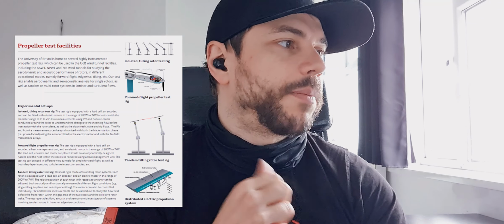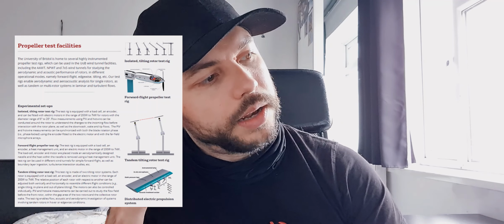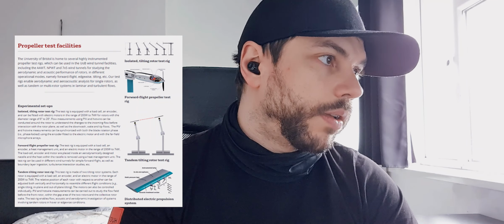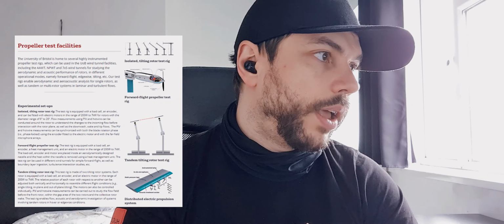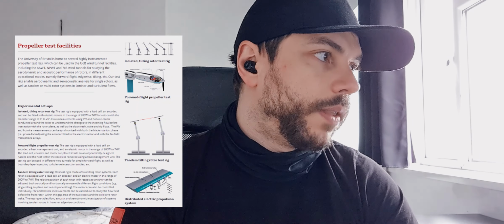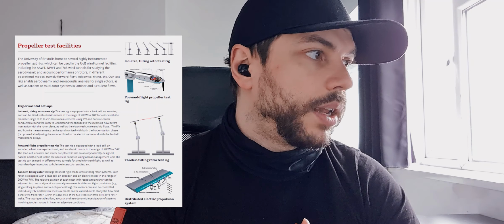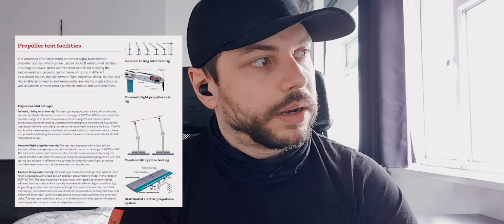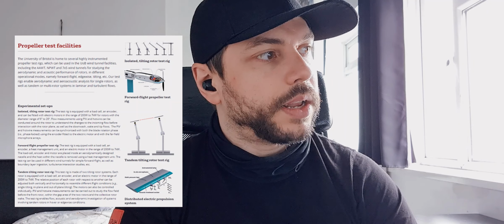Experimental setups, right? And let's cover perhaps one of those for people who might be interested. There might be some applications or use cases, right? And how potentially people can solve the problem, right? Forward flight propeller test rig. The test rig is equipped with a load cell and encoder, heat management unit and the electric motor. The load cell, encoder and motor are placed inside aerodynamic design nacelles, and the heat within the nacelle is removed using heat management unit, so that they can be used in different wind tunnels for a simple forward flight as well as boundary layer integration, turbine